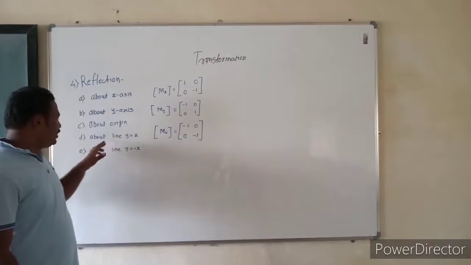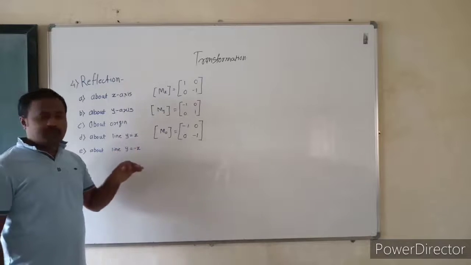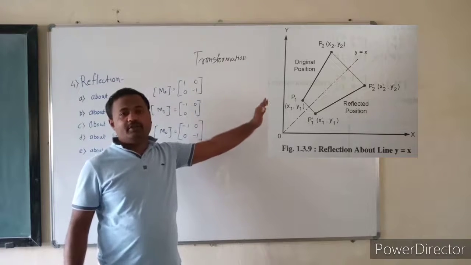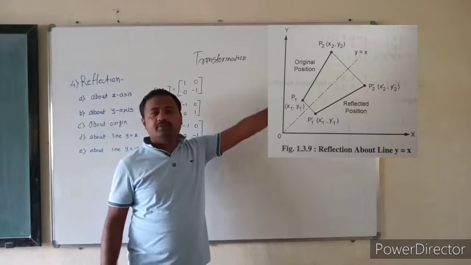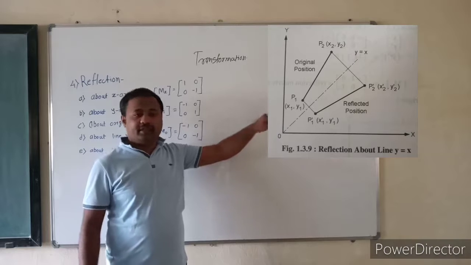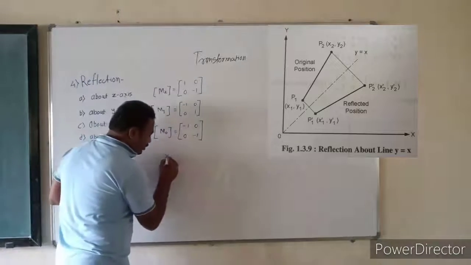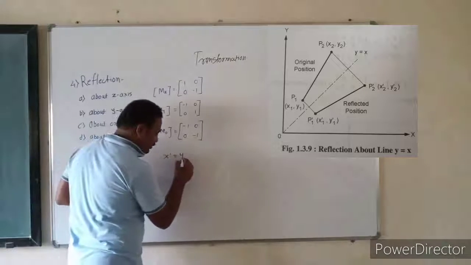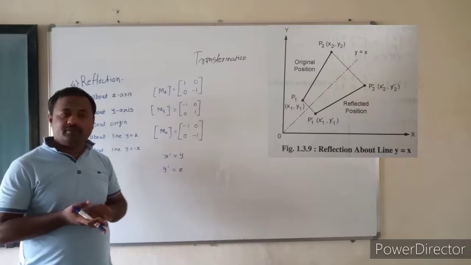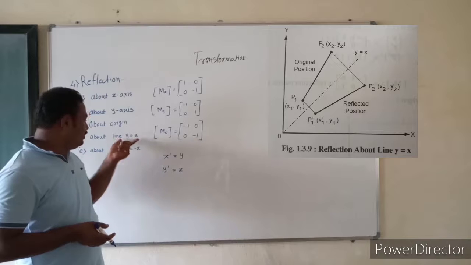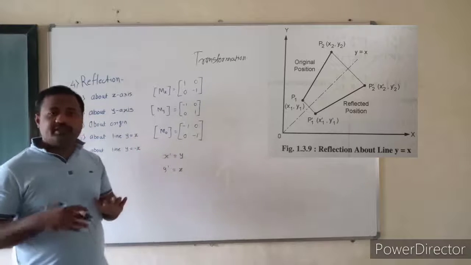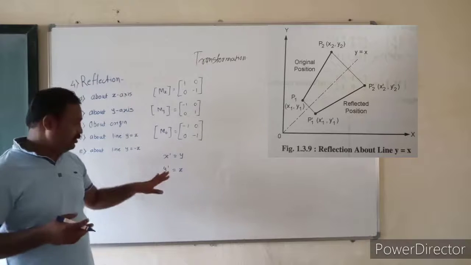For reflection about the line y is equal to x, the diagram shows that line P1, P2 is reflected about the line y is equal to x. Then if y is equal to x, the new coordinate x dash becomes y and y dash becomes x, because the line is y is equal to x. Hence, for finding the new coordinates, the matrix is